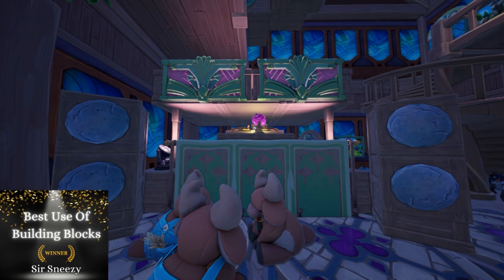From this DJ booth that blew my mind, to an incredible bar, to a ticket sales spot to get into this area. It's like a whole concert venue on their shell, which absolutely was amazing. But there was something about these cute little Ormus having a dance party in front of these speakers that just warmed my heart. And when I tell you, this is only a taste of the amazing building block things that they did in their shell, and that is why they hands down had to win best use of building